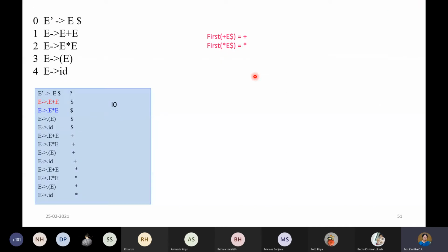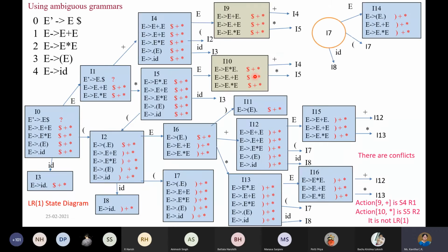So already we have proved this particular grammar is not suitable for LR(0), not suitable for SLR, and not suitable for LR(1). Now can you say whether it is suitable for LALR(1), the same grammar which we had here? It is not suitable.